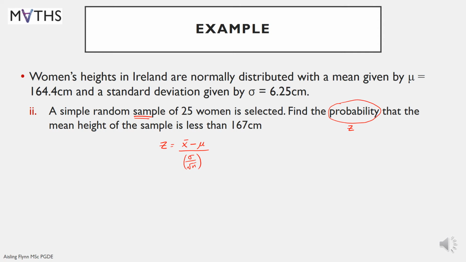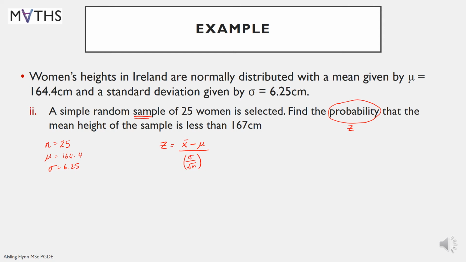Let's go through the question and get the information. The first figure we come across is 25 women, so n is equal to 25. We know from the original information that mu is 164.4, sigma is 6.25,